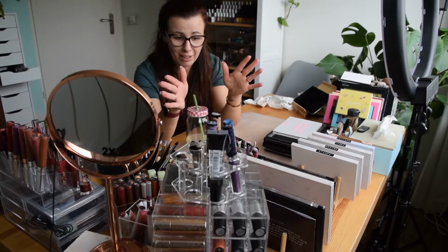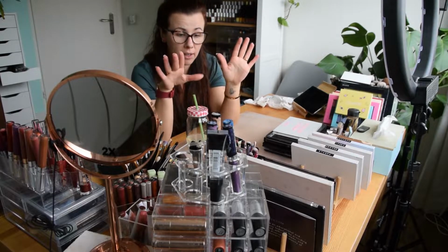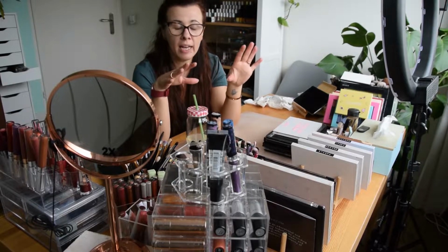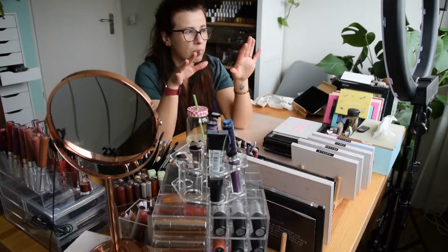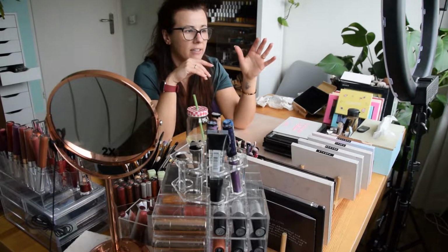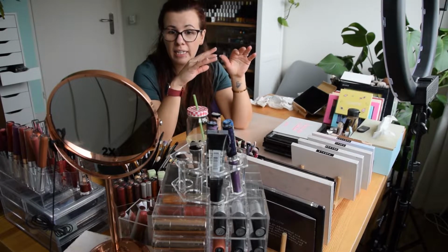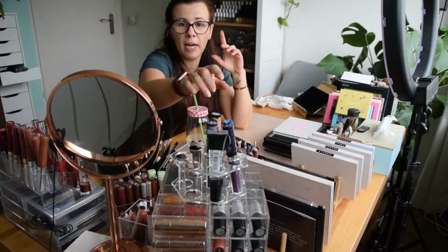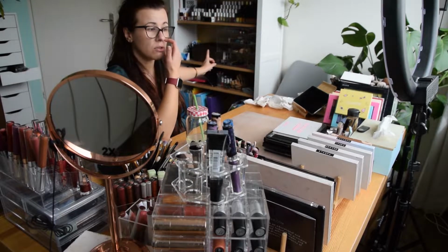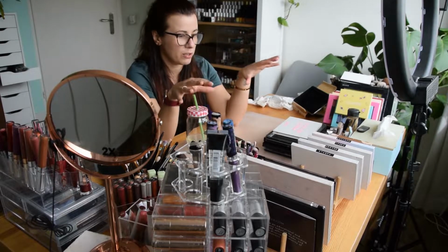Today, as requested by you guys, I am going to go through my makeup organization and change it for the summer. Now, this room faces east, so the sun rises on this side and it gets really warm in here. So usually in spring and summer, I move my lipsticks, for example, all in my storage there so that they don't get as much sun and they're a little bit more protected, but because this desk gets